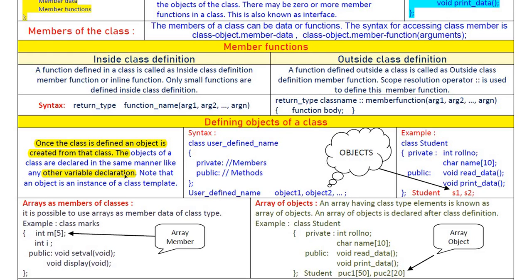In the same way, we can create an object by using the class name and object name. So here the syntax is given. This is the syntax for creating an object. First we have to create a class using the class keyword, then we have to give a user defined name,